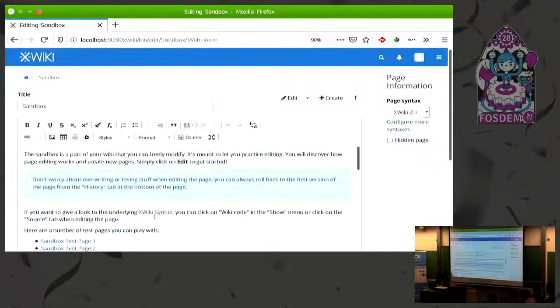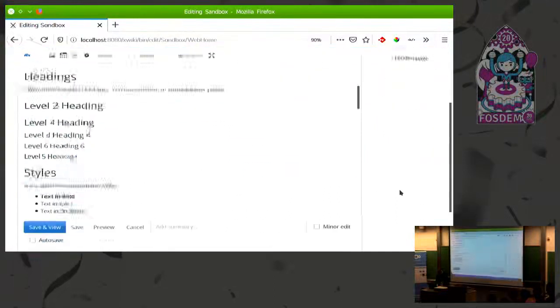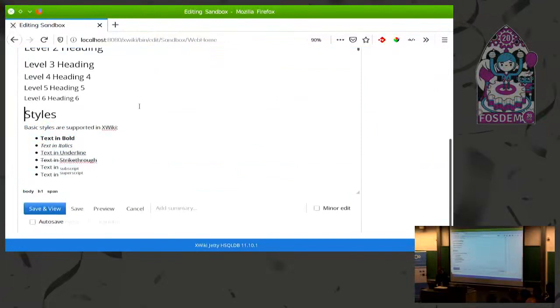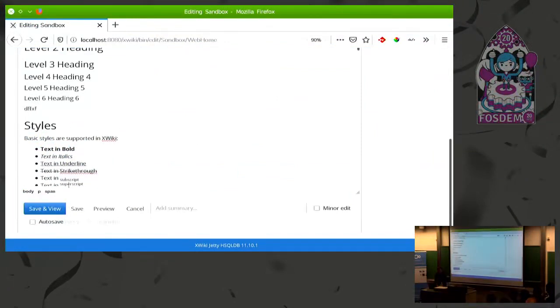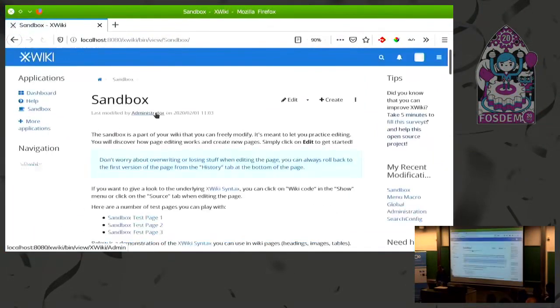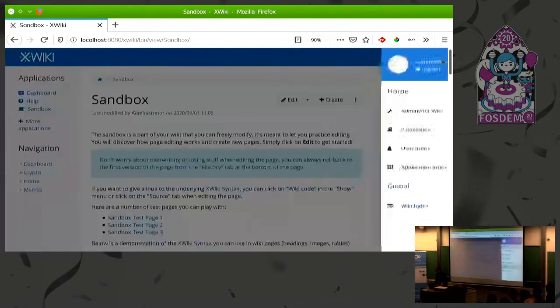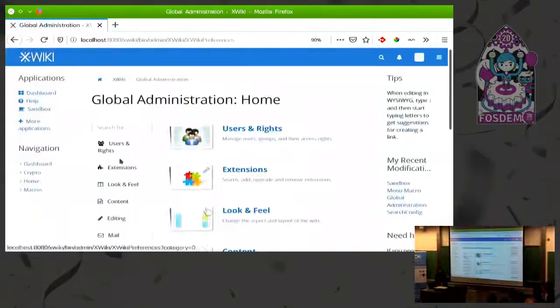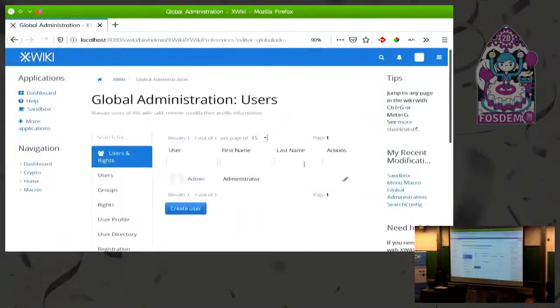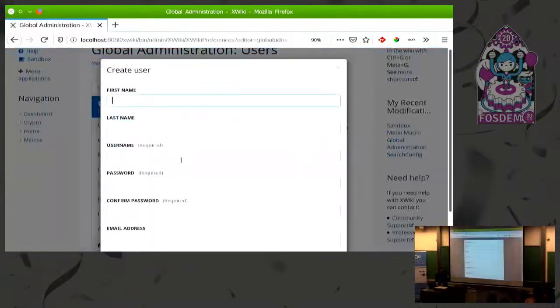You can modify pages. You have an editor. You can write text, and then you can save the changes you've done. So far, nothing surprising, nothing different from what you would be used to with a wiki. You can already use it like this for an intranet because you already have a place to put content, and a place to create users, put them in groups, and give rights to people. For example, if you go to the administration, you can actually create a user already. There's already the admin, and you can create a user, for example,